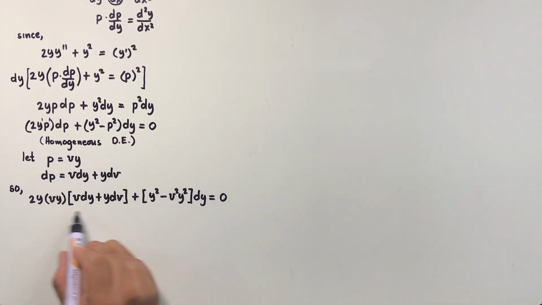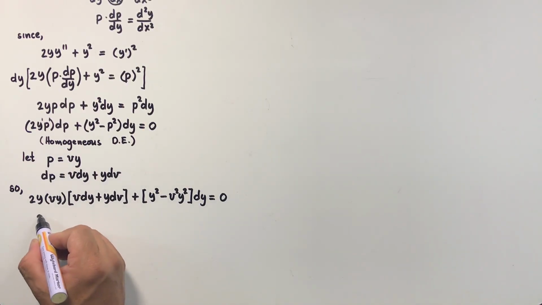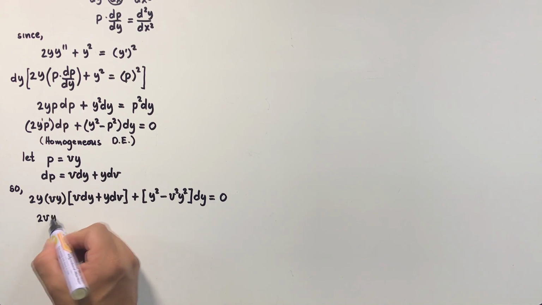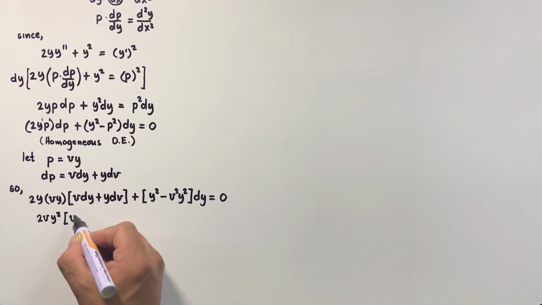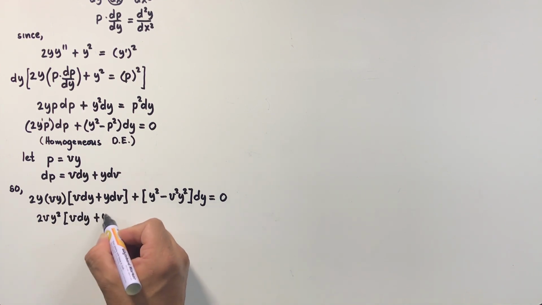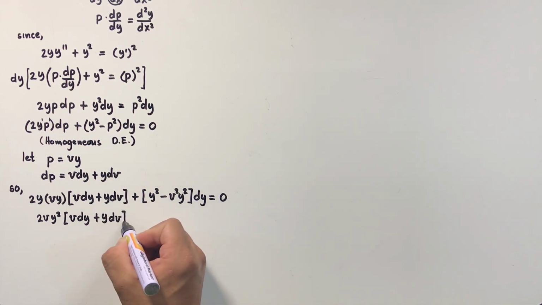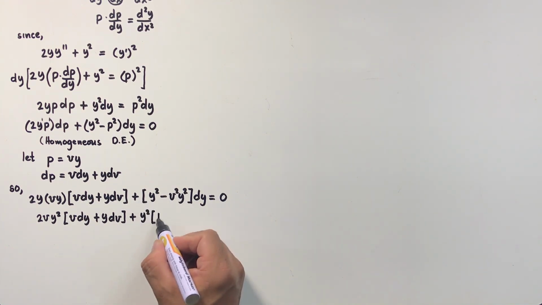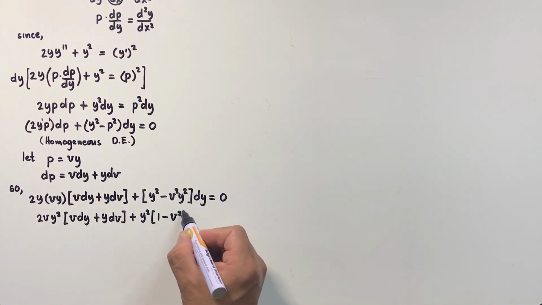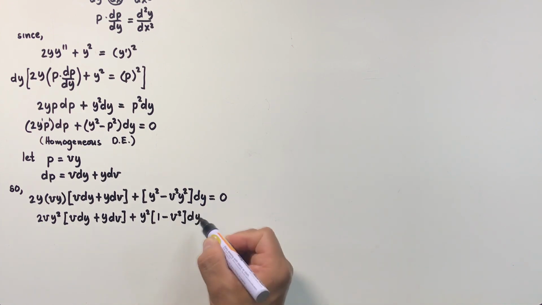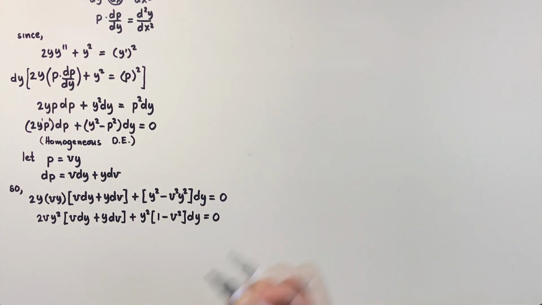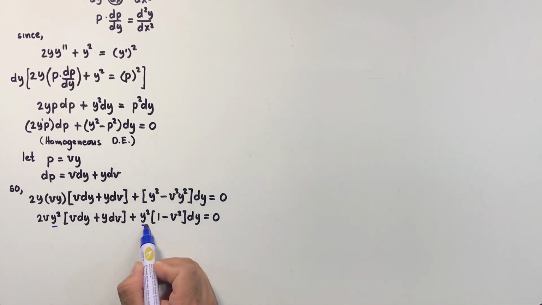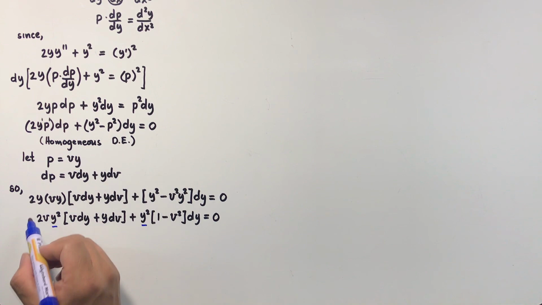And rewriting this equation, we have 2v y squared times v dy plus y dv plus y squared, because when you factor out y squared here, we have 1 minus v squared times dy, which is equal to 0. Now that we have a common factor, which is y squared for these two terms,